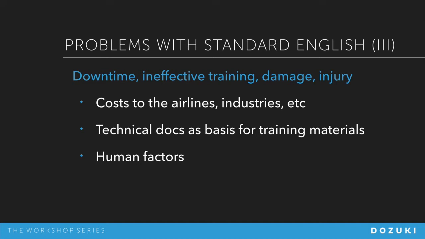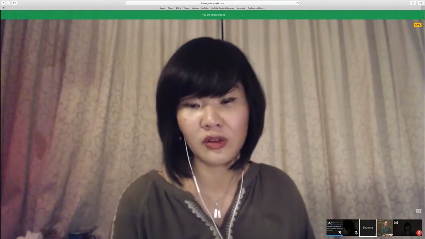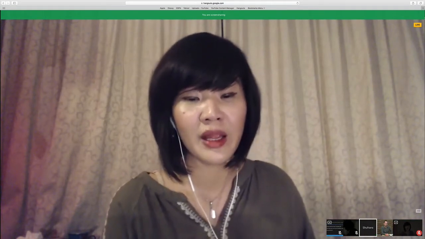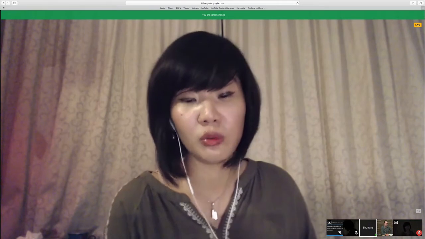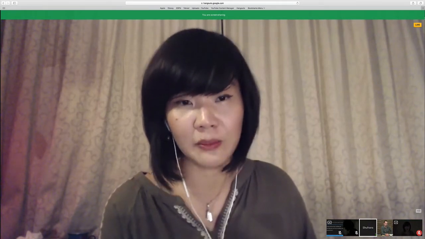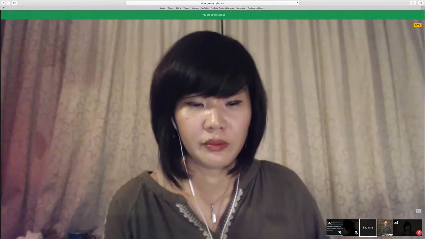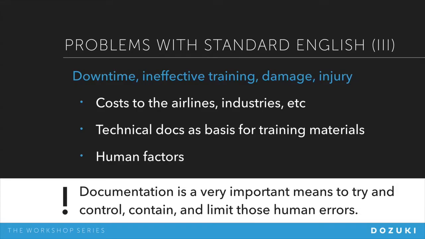It is hardly any different with medical equipment, and we can draw parallels in just about any other industry. We just want to make sure that our product serves the purpose it is supposed to serve as efficiently as possible. And we don't want to waste any time. We don't want to waste any money. So to sum up, you're saying documentation is super important to try and control that uptime, that availability. Yes,